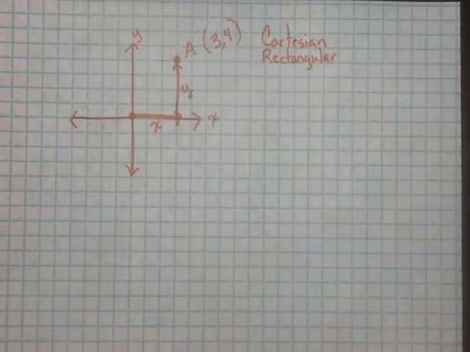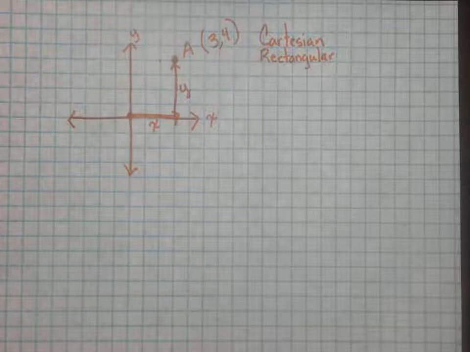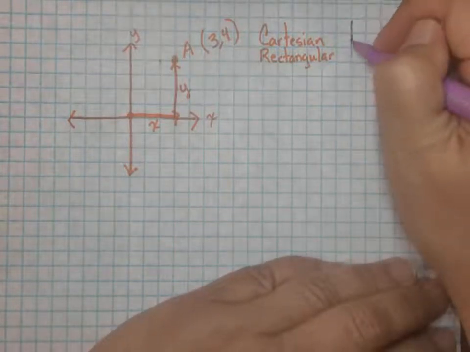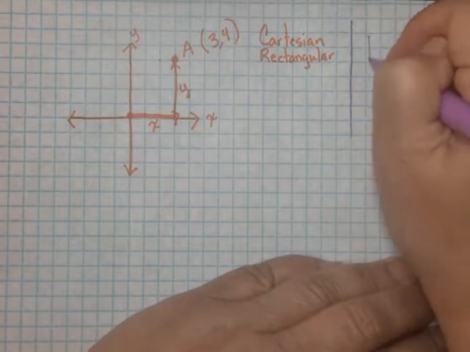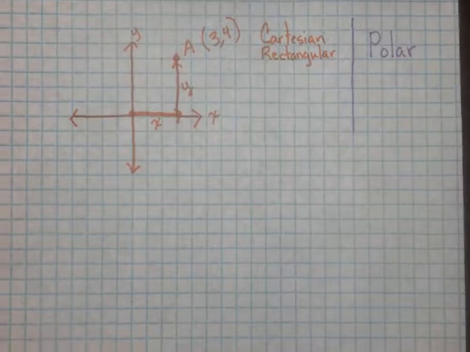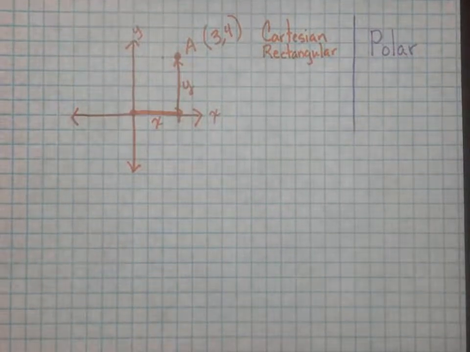We all know to start at the origin, and then we know exactly where to go. Well, the other way of graphing is referred to as polar. And in a polar system,